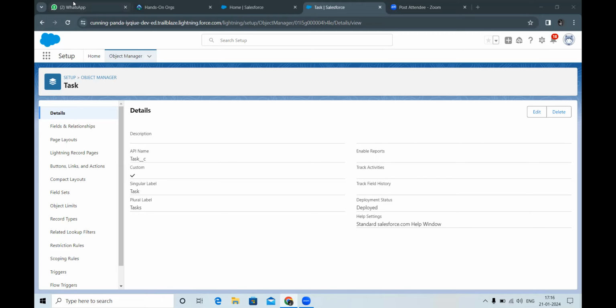Done. Create these fields: first name, last name, email, phone. In the email object,